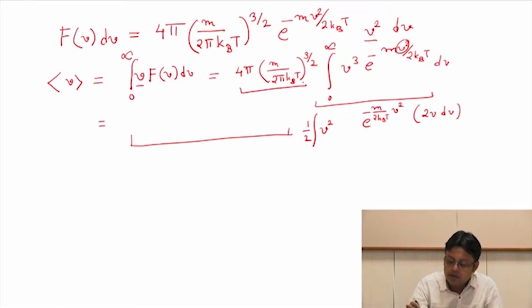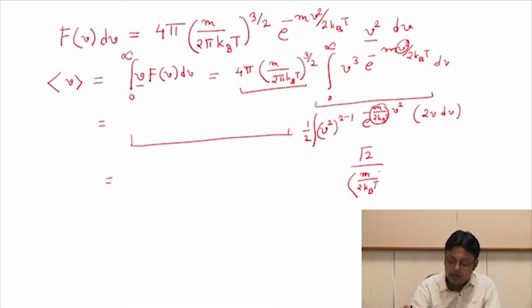Now this v², we have to write it as n minus 1, remember that. So it is basically v² to the power 1. So what we can write it as, it is v² to the power 2 minus 1. So this integrand value will be gamma 2 divided by a to the power 2. And what is a? A is this constant, m by 2 k_B T,